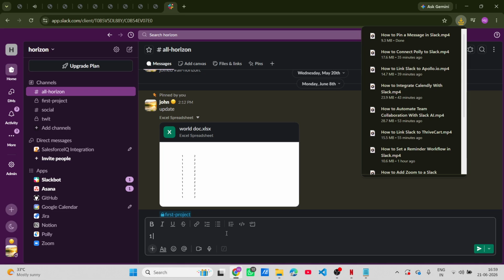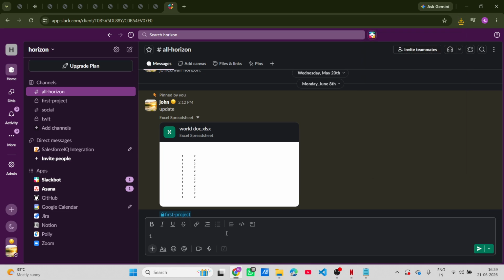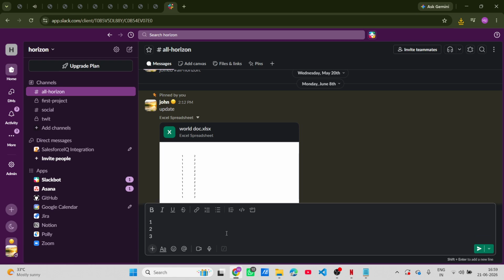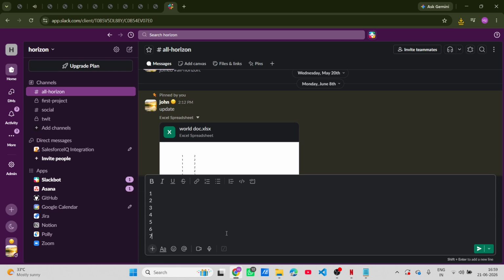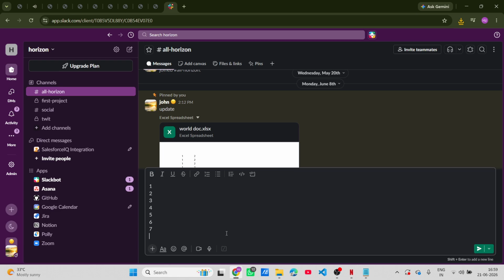When you're ready to move to the next line to add another item without sending the message, you'll want to press Shift and Enter at the same time on your keyboard. This little trick prevents your message from sending right away and allows you to add more to your list. And guess what? Slack is super smart. When you hit Shift Enter, it will automatically generate the number 2 for you, making it a breeze to keep